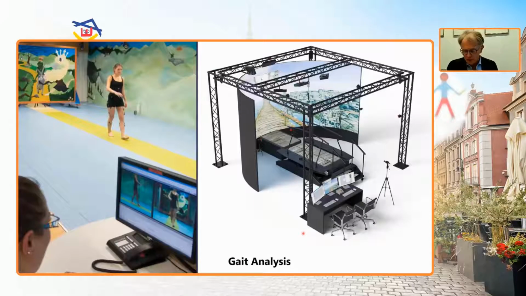From gait analysis or movement analysis I just showed you, I want to briefly touch on gait training. Gait training is one of the things you can do, especially with an advanced setup. On the right hand side, what you see is a treadmill. It's a dual belt treadmill which is instrumented, meaning that there are force plates underneath each belt. There's a motion capture system, and there's also a virtual reality environment, which makes it possible to feed back all kinds of information, not only sceneries, but also the information that's actually measured onto the screen to interact with the